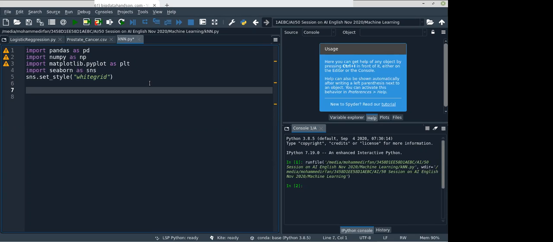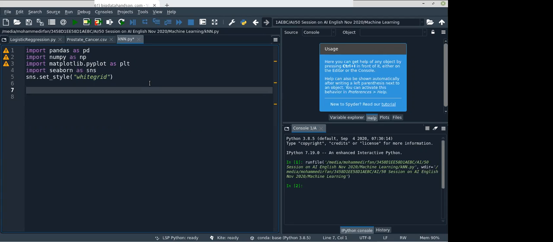We want to predict based on the given sepal length, sepal width, petal length, and petal width. We have four variables, and based on these four variables, we need to predict which flower it is. Is it setosa, versicolor, or virginica?